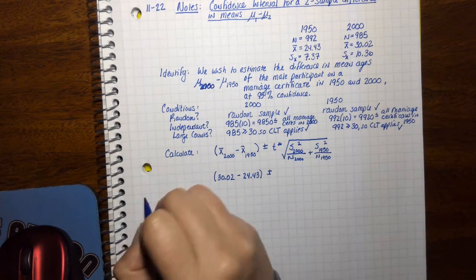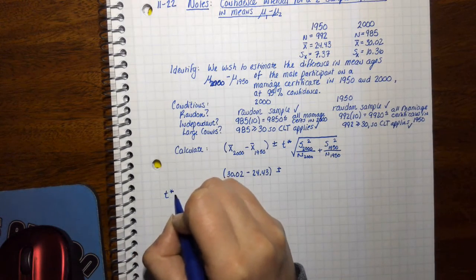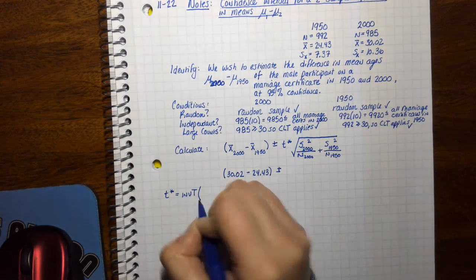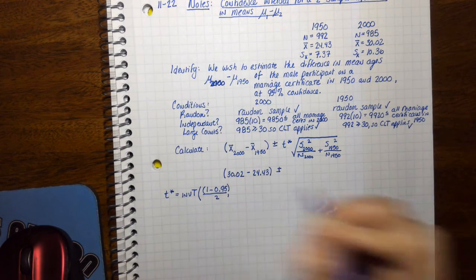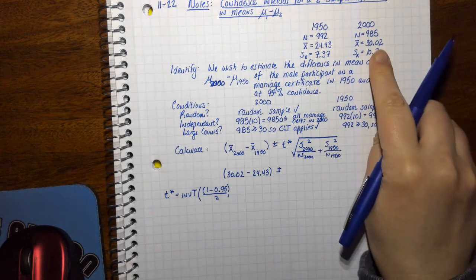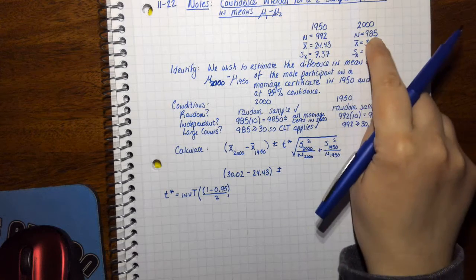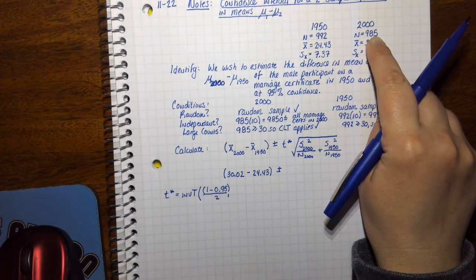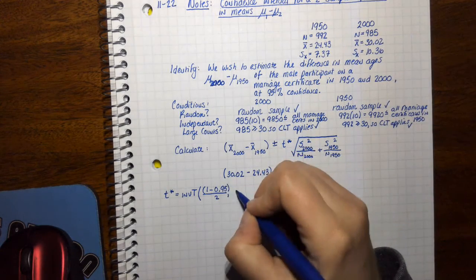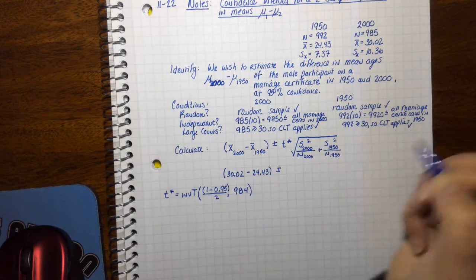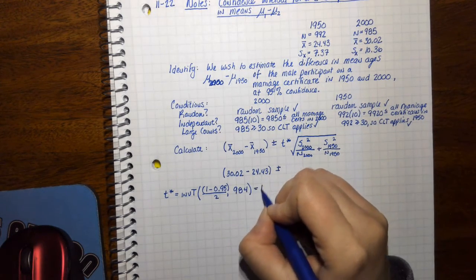Let's go over to this side and calculate T star because I know my standard error is going to be big, so I'm going to put it over here. T star equals inverse T of 1 minus confidence level divided by 2, comma degrees of freedom. Okay, so we get to practice this. This time my sample sizes are different, so I'm going to take the smaller one, which is 985 minus 1, and I have 984. Remember, it's the smaller one of the two minus 1 because you're being conservative. And that is